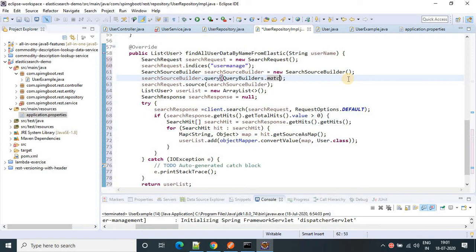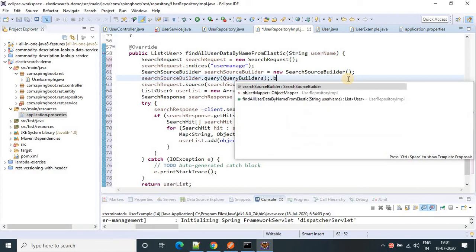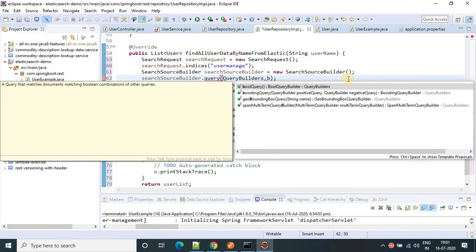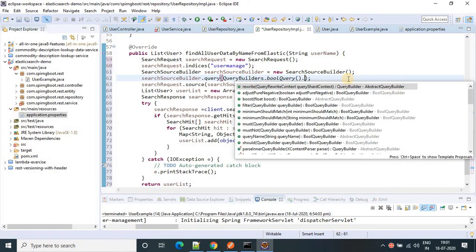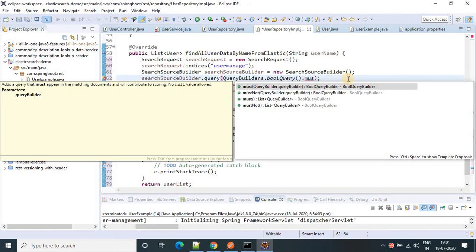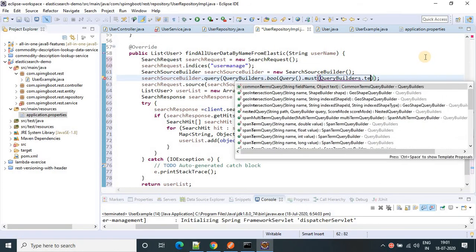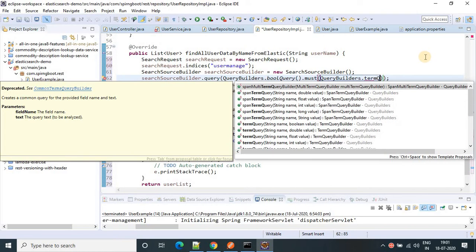Instead of match query, just remove this match query, and here we have to provide query builder dot boolean query dot must, and take a query builders dot term query.